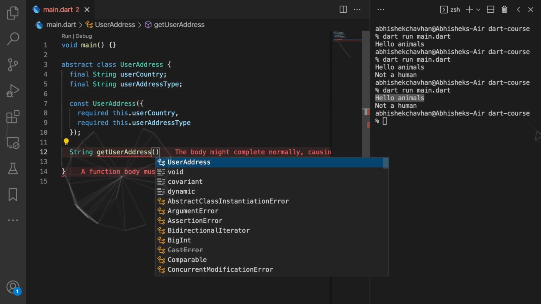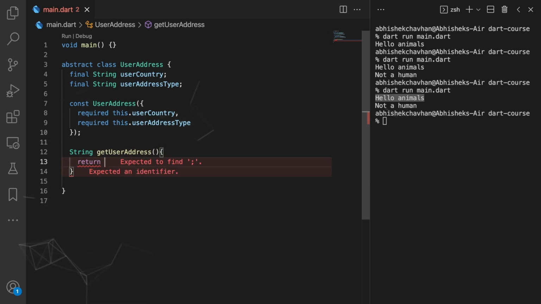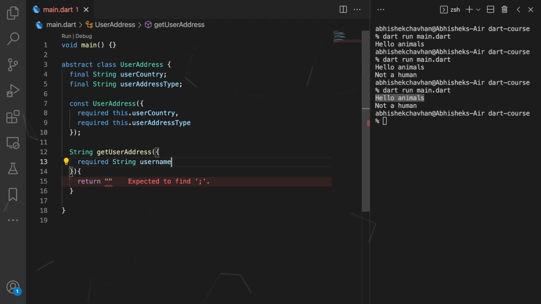I am taking a primary example which we will be using in Flutter. So under get user address, I'll simply return, let's take an example of an argument of username. It will require a username for now. So I'll say username lives in user country.